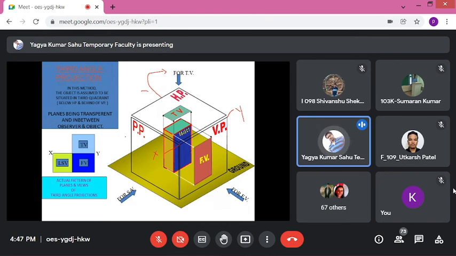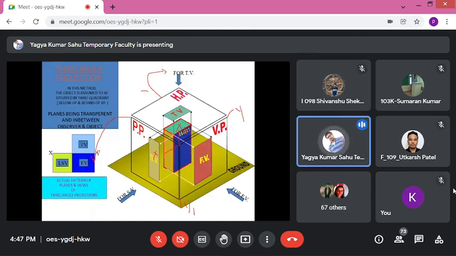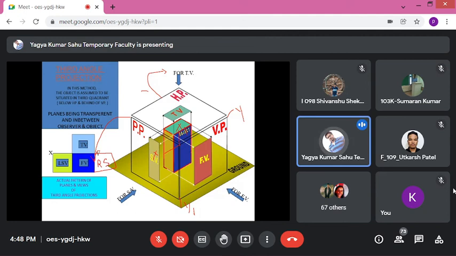And what about the left hand side view? If you rotate this away from the object like this in an anti-clockwise direction away from the object. So suppose this is your x1, y1, this is your x1 and this is your y1. So what about the position of side view? Left side of x1, y1. That means left hand side of front view. And on the right hand side of this front view, here somewhere, you'll get right hand side view. So all the four views are clear now.